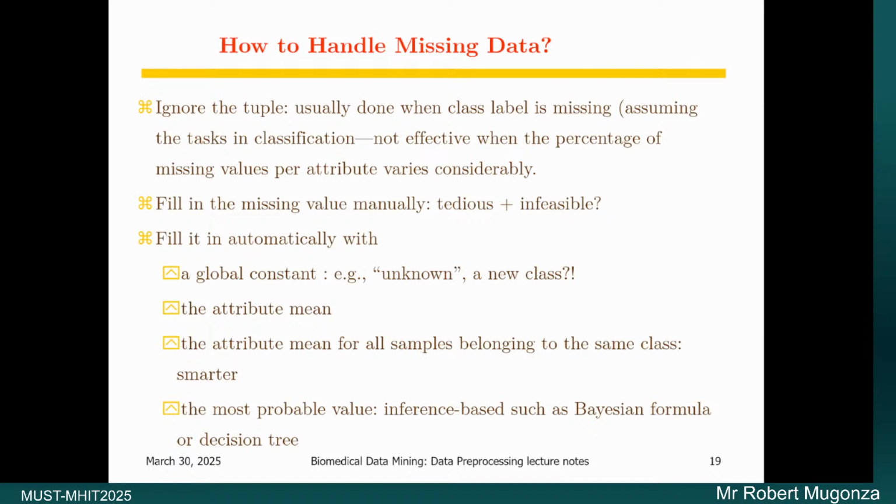I do believe that this one with the missing value should have looked like this. Okay, and so when we fill that in manually, we realize that that could be very tedious.